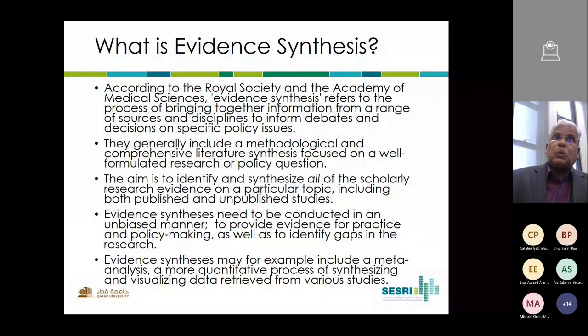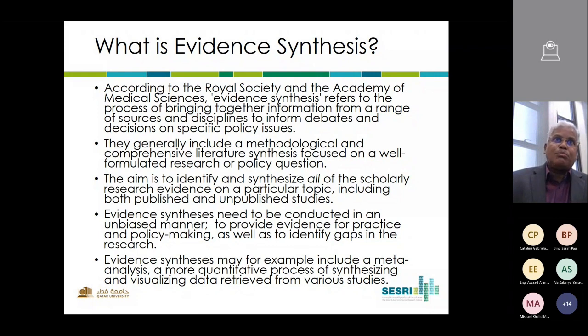The steps generally include a methodological and comprehensive literature synthesis focused on a well-formulated research or policy question. The aim of evidence synthesis is to identify and synthesize all the scholarly research evidence that is available on a particular topic. Policy analysis is not always the end, but there is a need to look at the research evidence very closely when making a policy. Policy analysis is part of